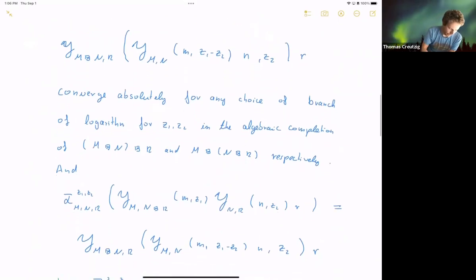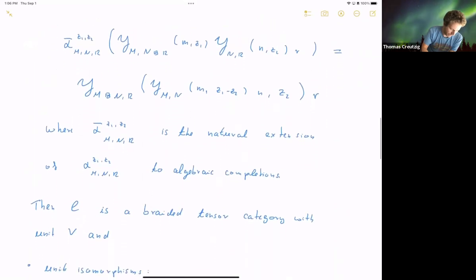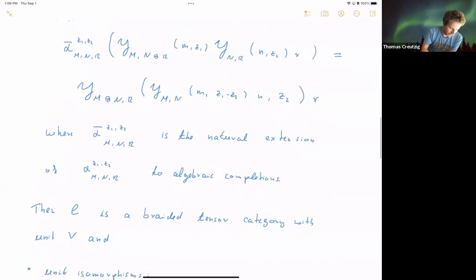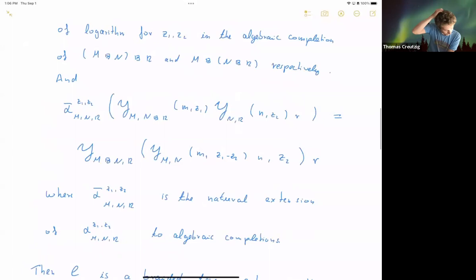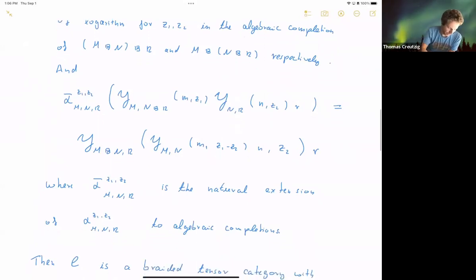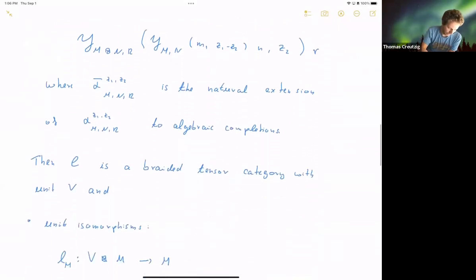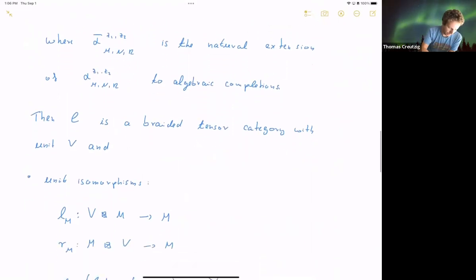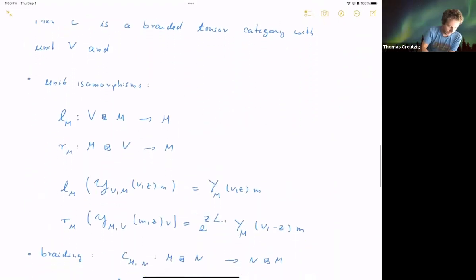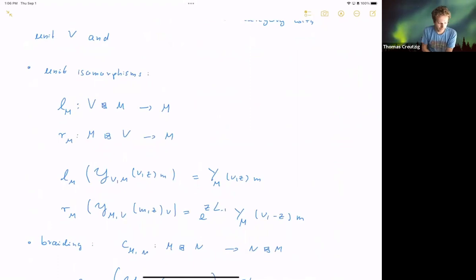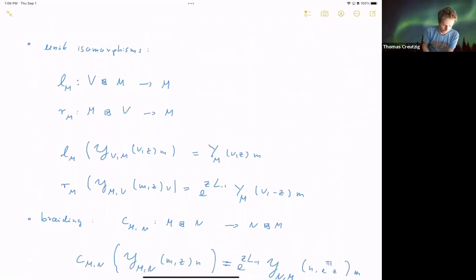Okay, and now the statement of their theorem is, so that means if you have this natural family of families, parameterized by the insertion points of associators, then this ensures that you have a braided tensor category structure. And then here I wrote down what it means. If you have a tensor category, you need to have a left and right action of the unit, so that is given in the obvious way.